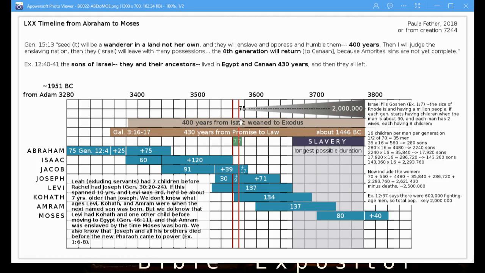Okay, so we know Joseph's lifespan, we know Levi's lifespan, his son Kohath, and then Amram. We know their ages, and we know Moses' age, and that he was 80 when they left. And so we just work back from there. The wandering was 40 years. We tacked on to the end of the Exodus, and we know his total age, so it goes back to here. So Amram had to be fairly old, which is not unusual when you think about